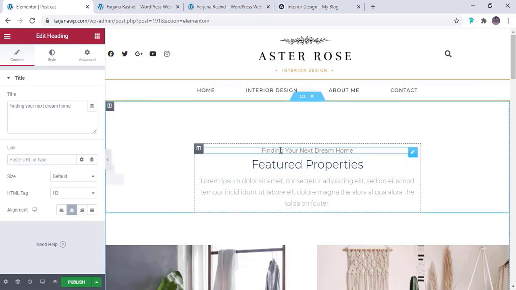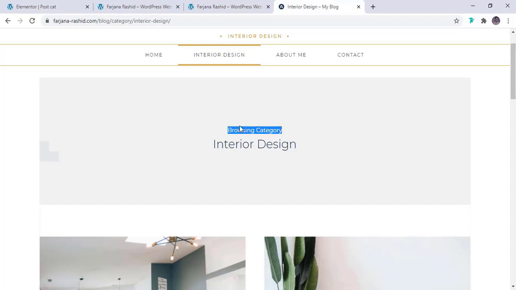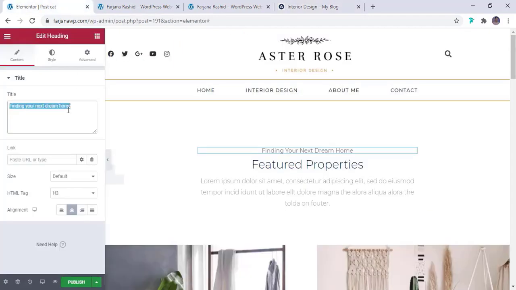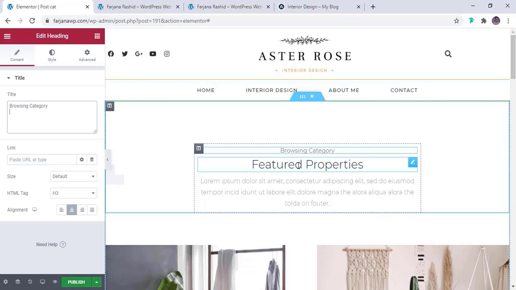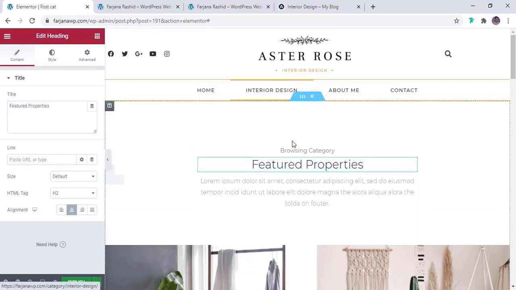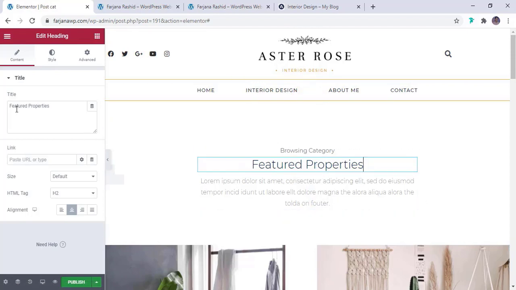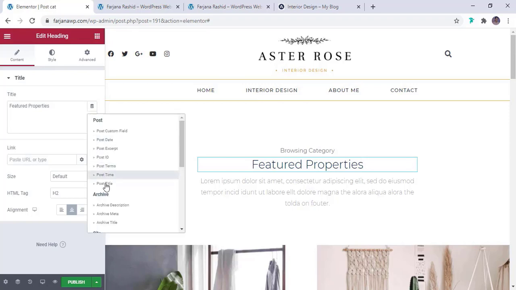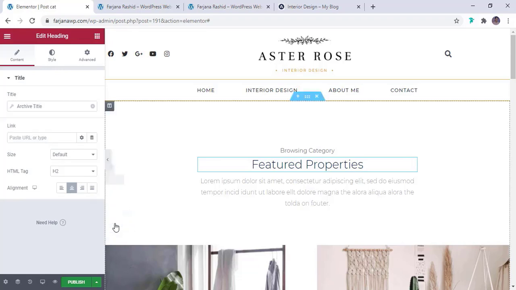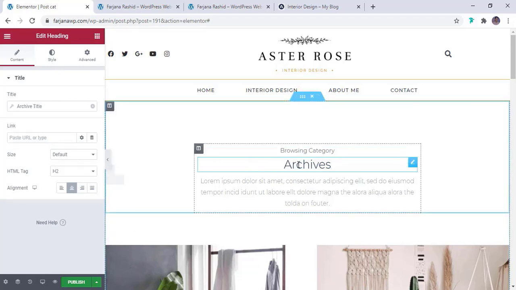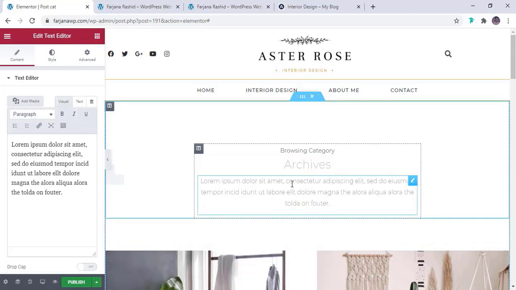Okay, so first in the top text here, we can place this text, browsing category. I'm placing it here, and for this text we can make it dynamic. So for example, for the interior design page, here it will show interior design. So to make it dynamic, I'm just clicking on the dynamic text icon on the right side, and here is archive and archive title. So it will come dynamically from our category name, and the bottom text we can leave it,